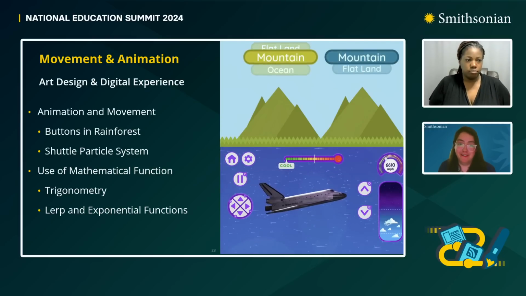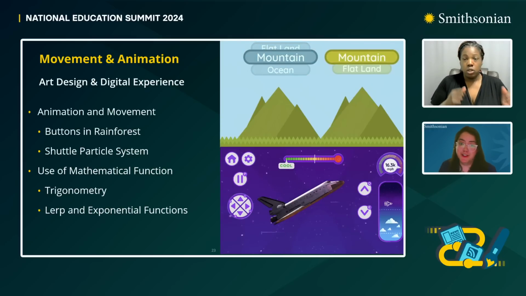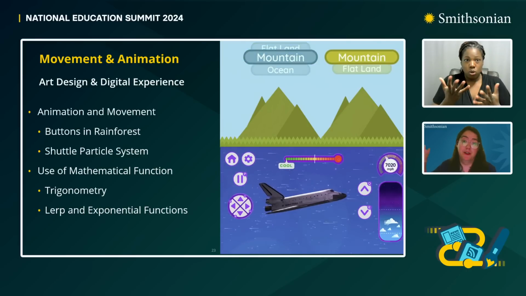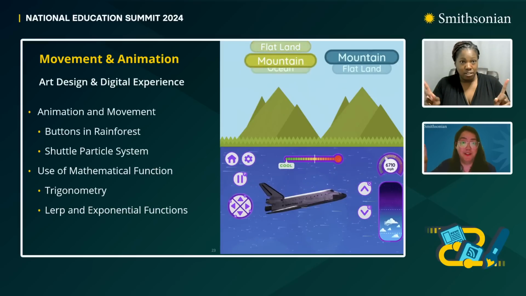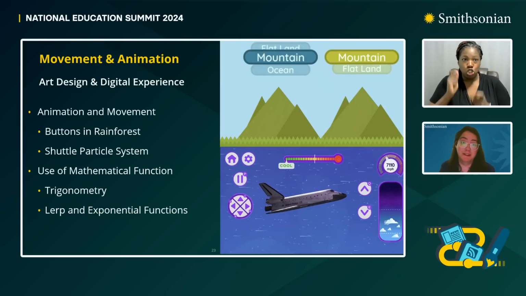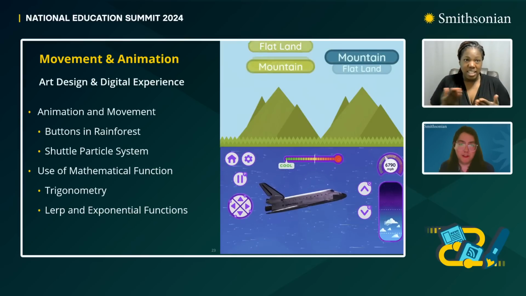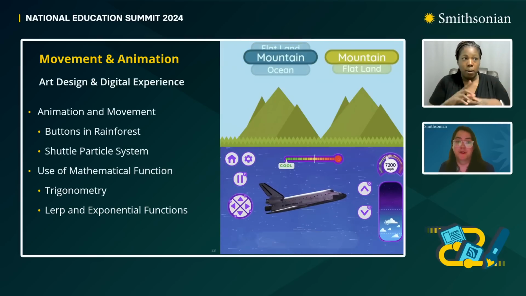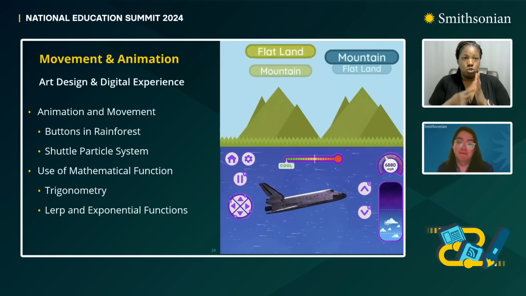Also there with our safe landing, that's a more final version. And I want to bring your attention to the difference between when the space shuttle is in high altitude versus low altitude. You can see the background changing color, but you can also see the particles whizzing by in a slightly different way. They're a little bit slower in the lower atmosphere, but there's definitely a lot more of them to show what the wind is doing at that time.